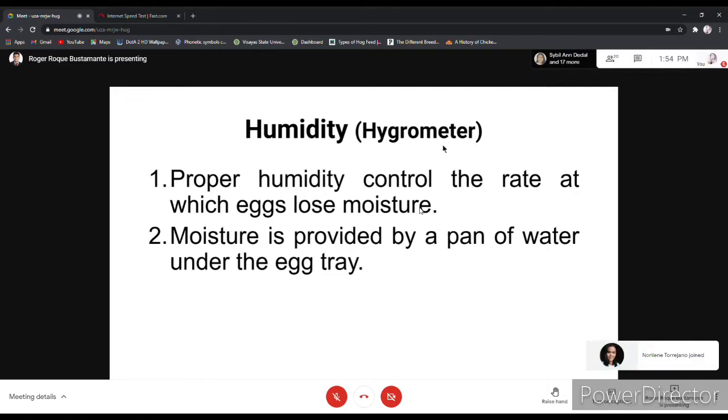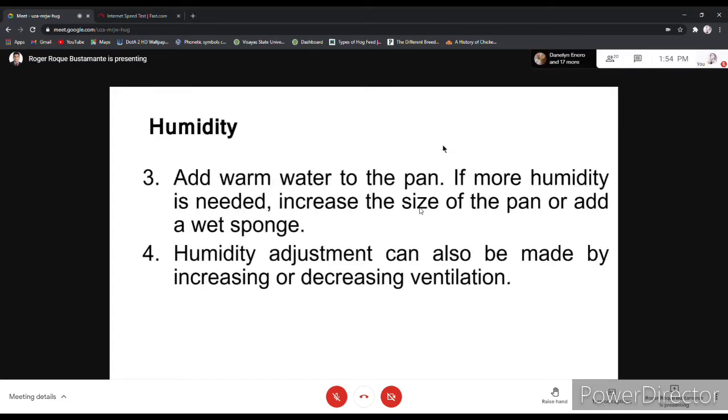So use a hygrometer. Moisture is provided by a pan of water under the egg tray, especially in small incubators, but also in larger incubators. Next, add warm water to the pan if more humidity is needed. Increase the size of the pan or add a wet sponge. Humidity adjustment can also be made by increasing or decreasing ventilation. So the most important factors: